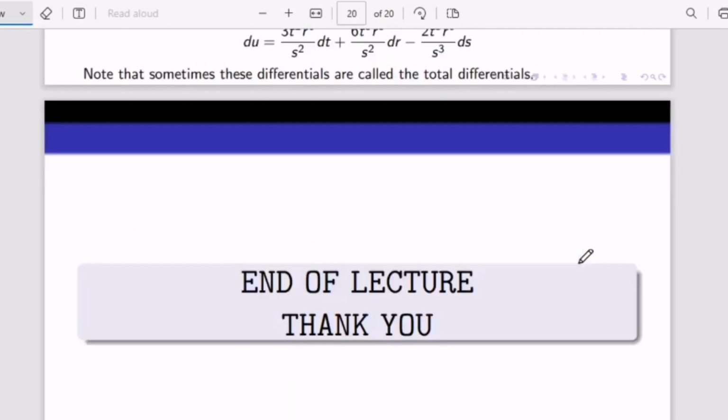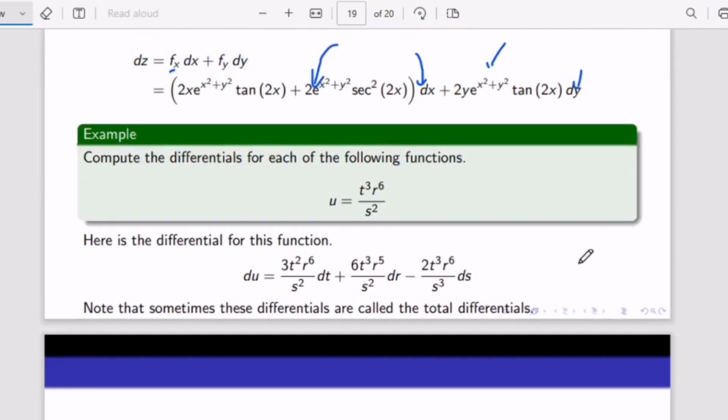Also, we are asked to compute the differential. Let's look at it. How many variables do you have here? We have 1, 2, 3. So simple. We are going to get